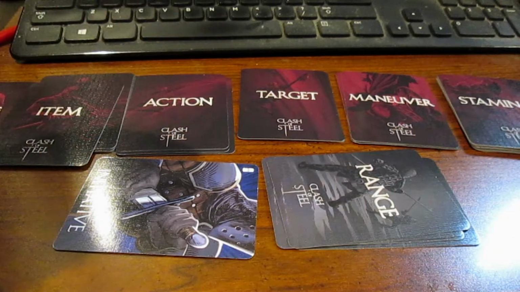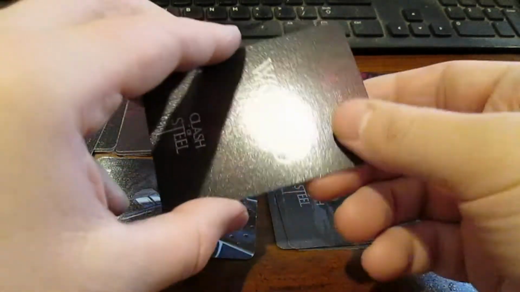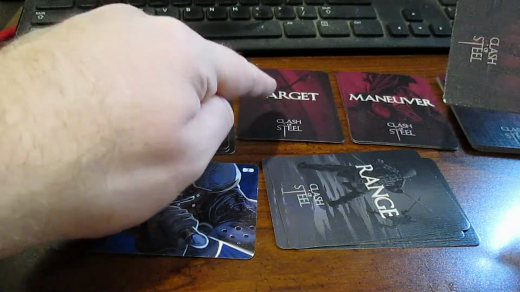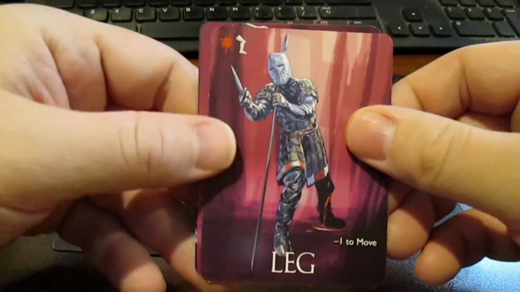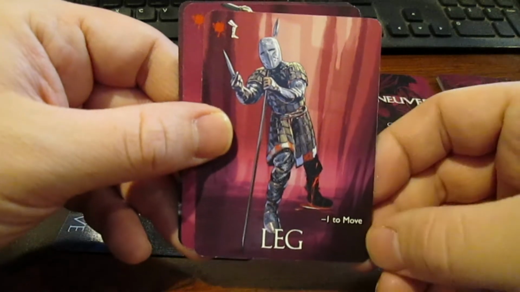The last stack are wound cards. These are not drawn during the phases. They're delivered to your opponent provided you win. Whenever you win a round of combat, the target will determine where you hit. So, for instance, if you aim low and you win, your opponent now gets a leg wound, which gives him -1